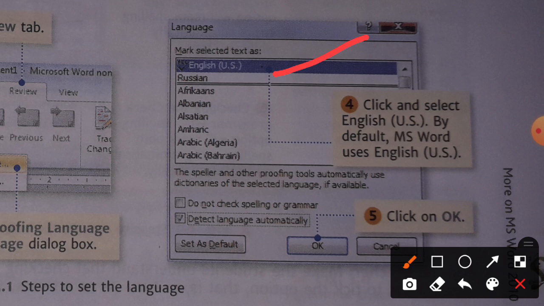And after assuring the language here, you will click the OK button. As you click on the OK button, your language will be set. Now next,